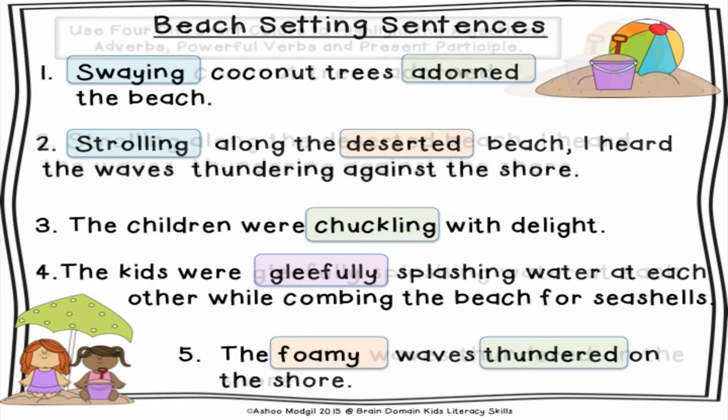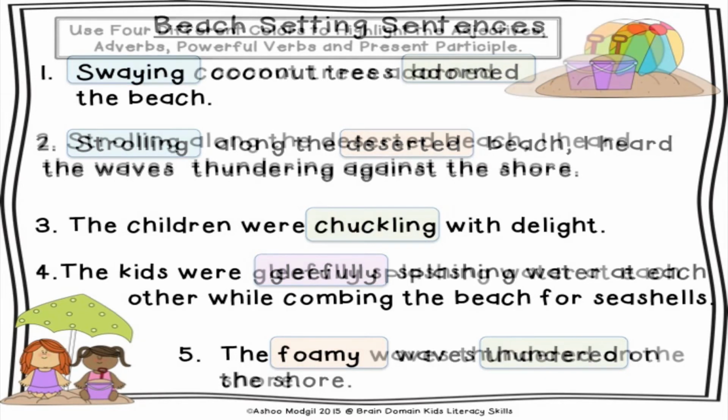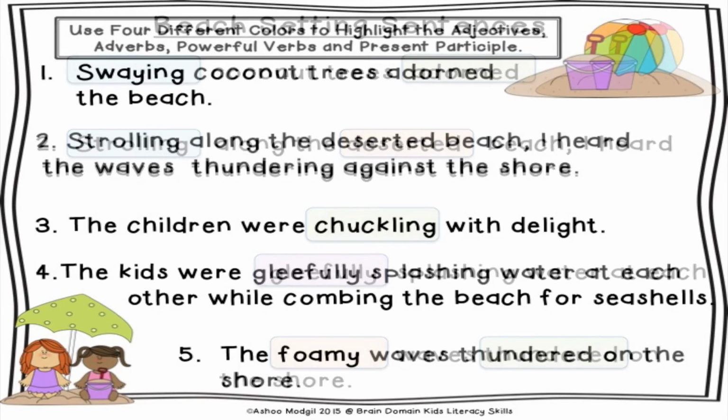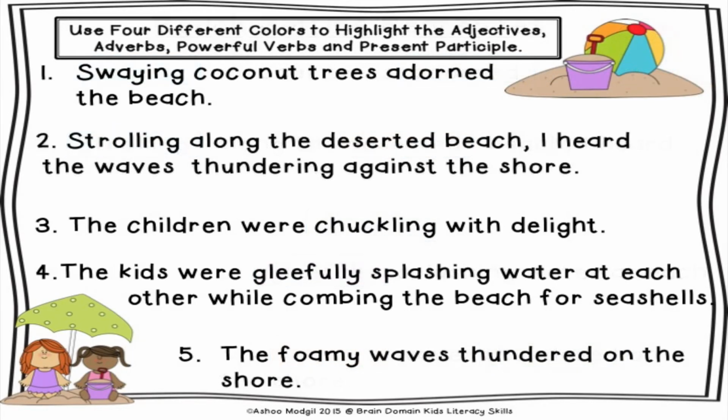So I'll share with you now the non-color coded. So this is how the non-color coded worksheet will look. Now once you have introduced the concept to them, I will introduce them to this worksheet, and as you can see, the directions say use 4 different colors to highlight the adjectives, adverbs, powerful verbs, and present participle. So children can again use the color coded for color coding. They could use their pencils or highlighters or markers or anything to let the teachers know if they have understood